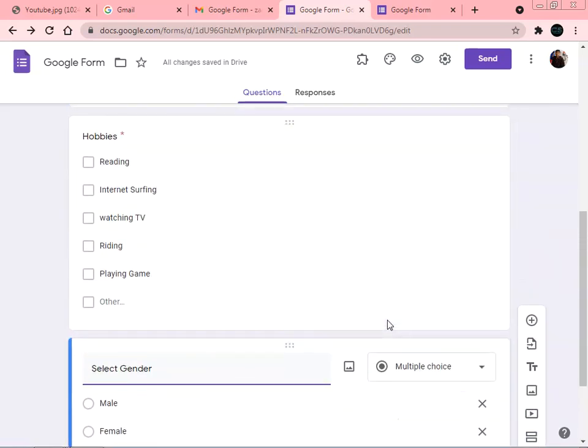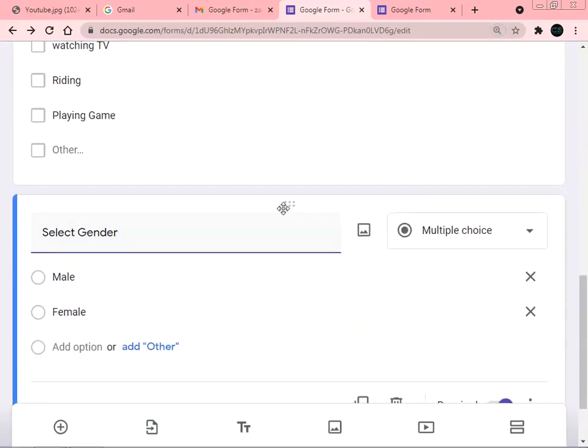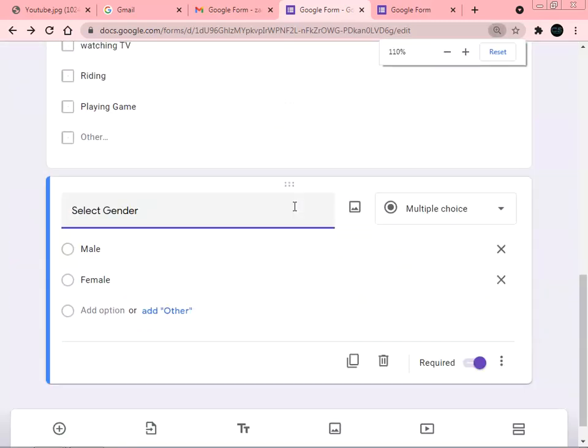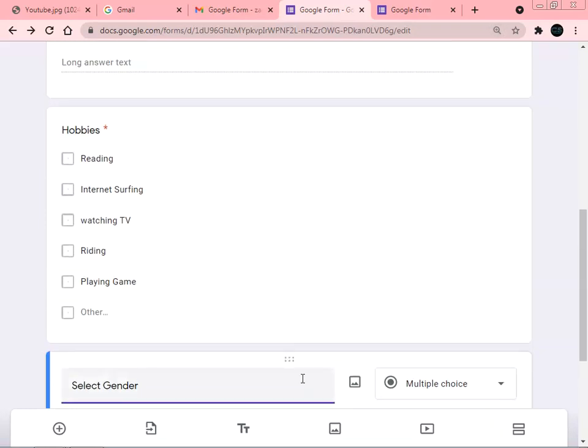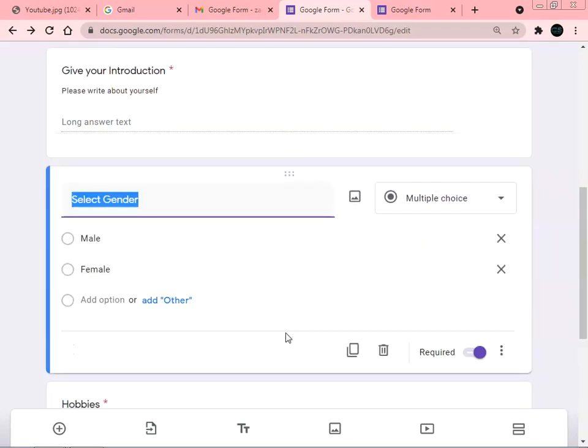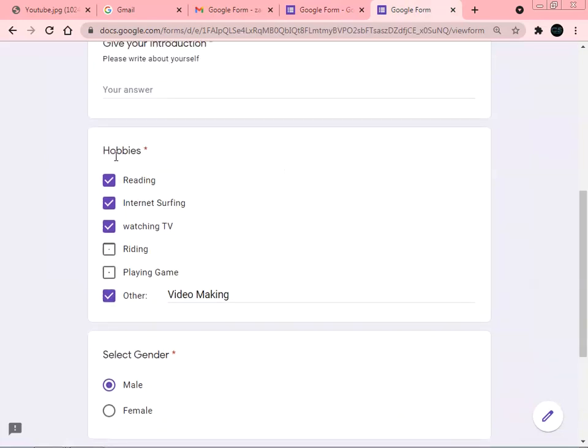Now one can say that this select gender should come above the hobby. Just here we see the six dots. By dragging this, or coming here, we'll get the four direction arrow. Just click here and drag up. Initially we had created the hobby and then select gender.